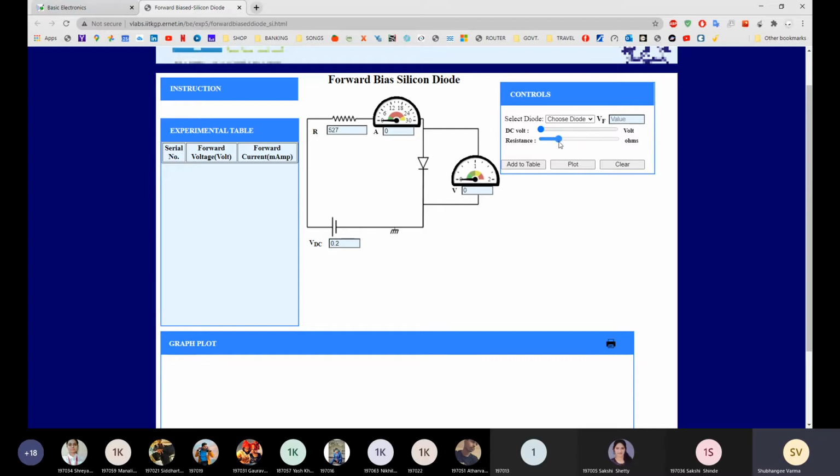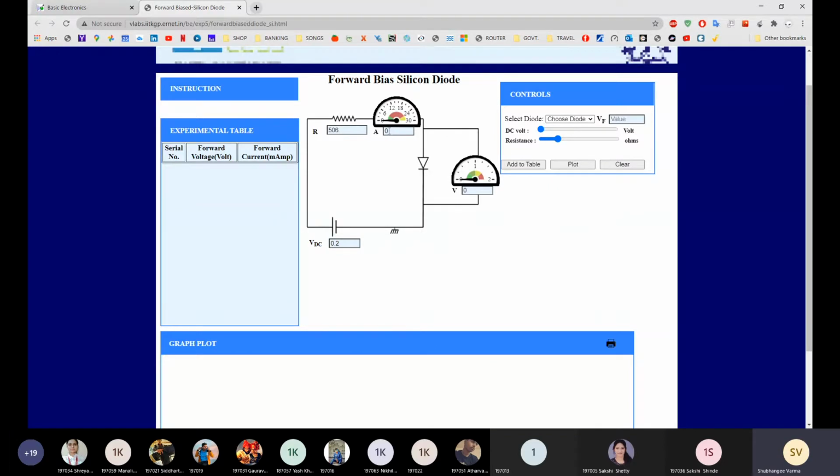Okay, or you can set 100 ohm also, but we will set 500. Okay, so you can select a precise value also, 506. Okay, so my minimum voltage is 0.02, 506, and here you can see, student, up to 0.6 your current will be 0.